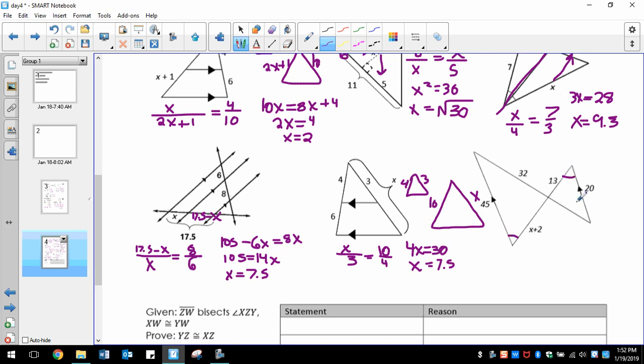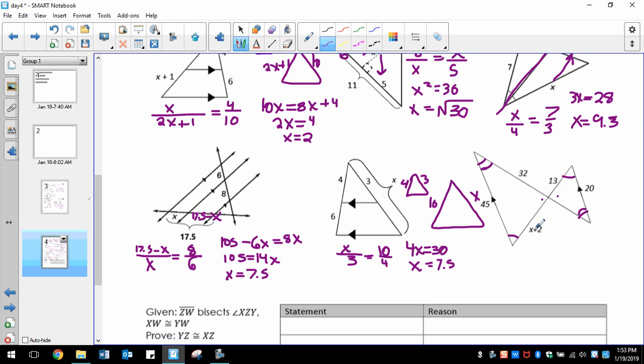We have our alternate interior angles. We also have alternate interior up here if you wanted to include those. We also have our vertical angles that are congruent, so similar by angle. So we're going to use those relationships to figure out what sides are corresponding so that we can write our